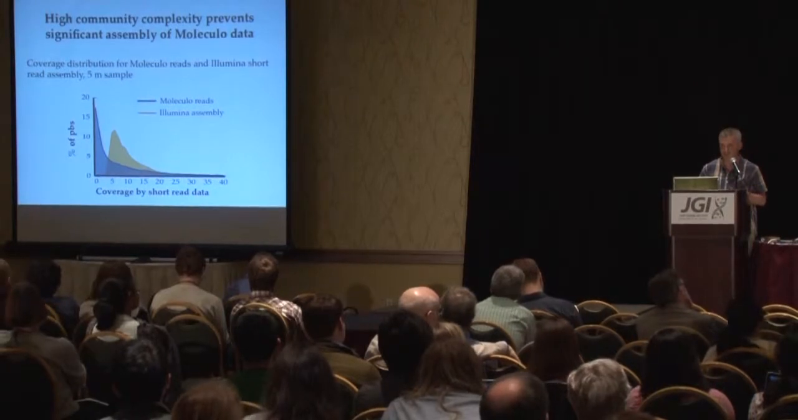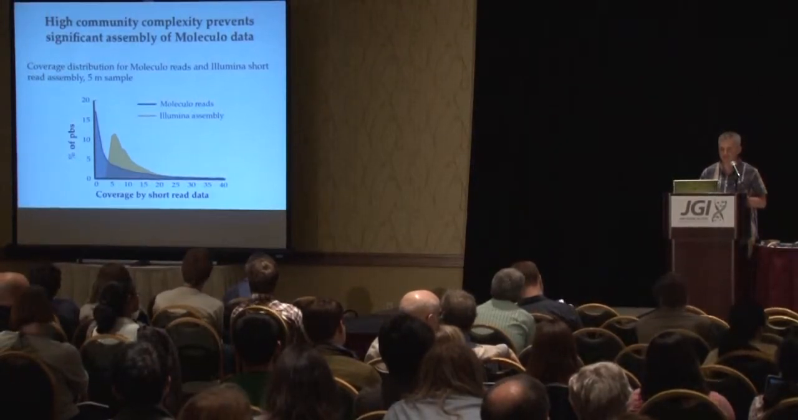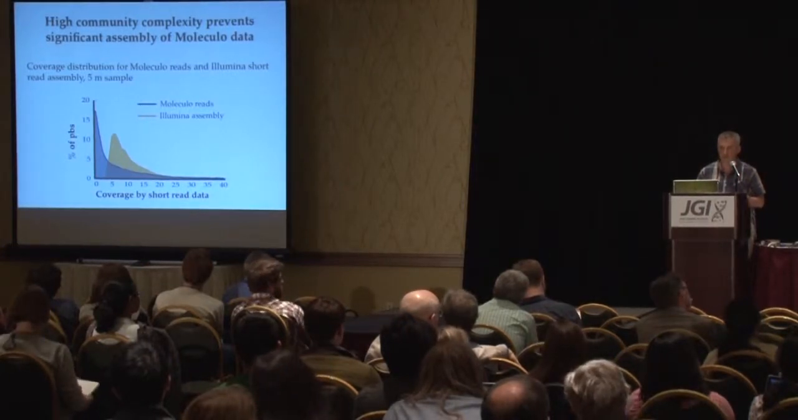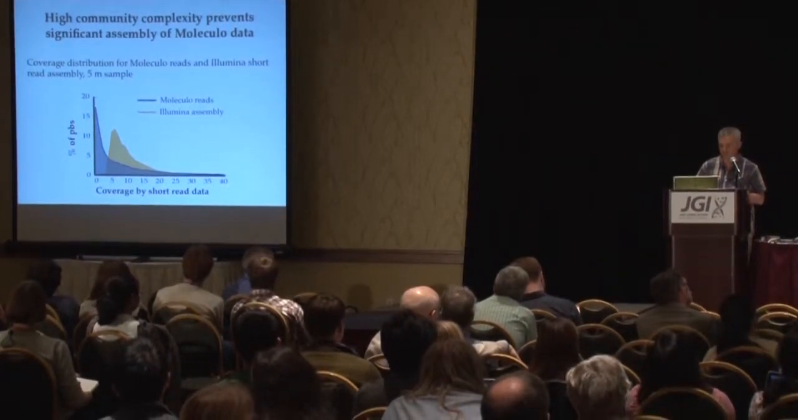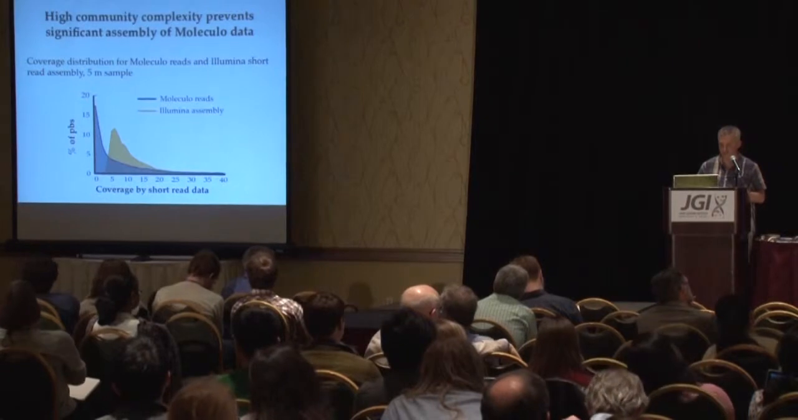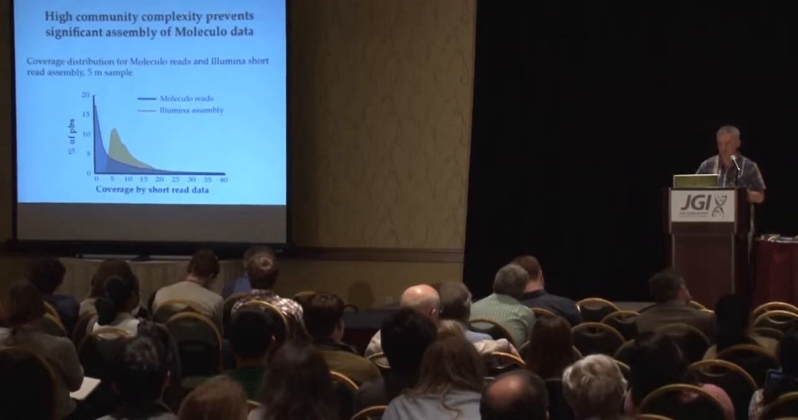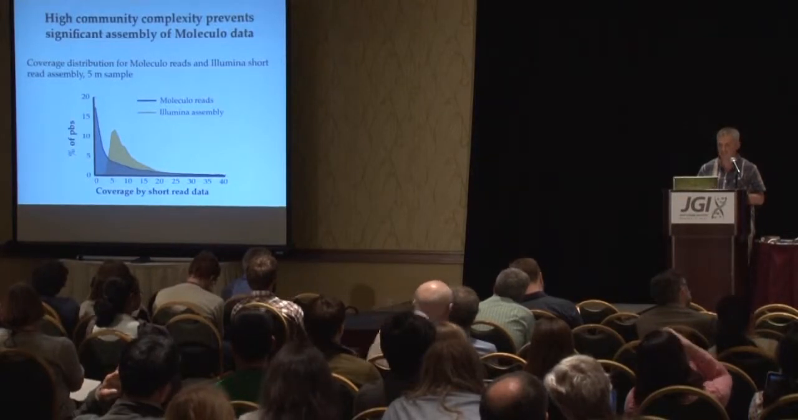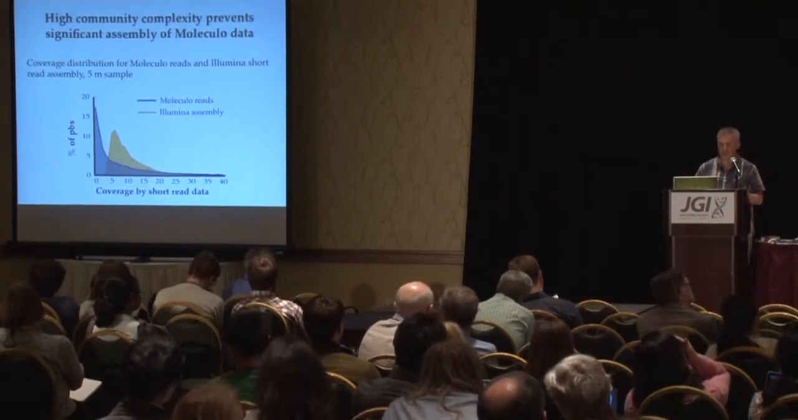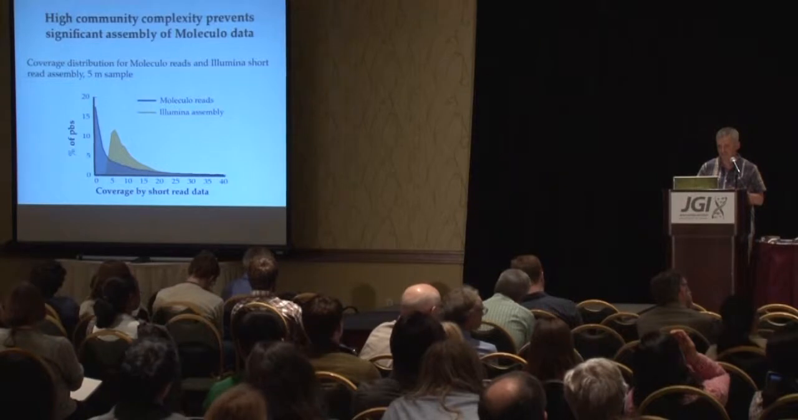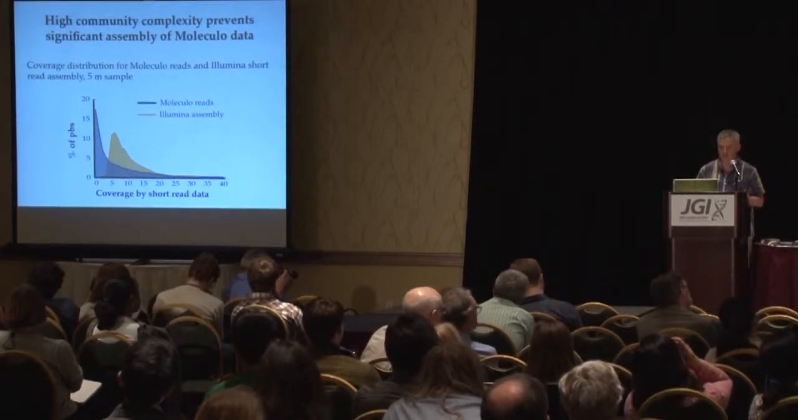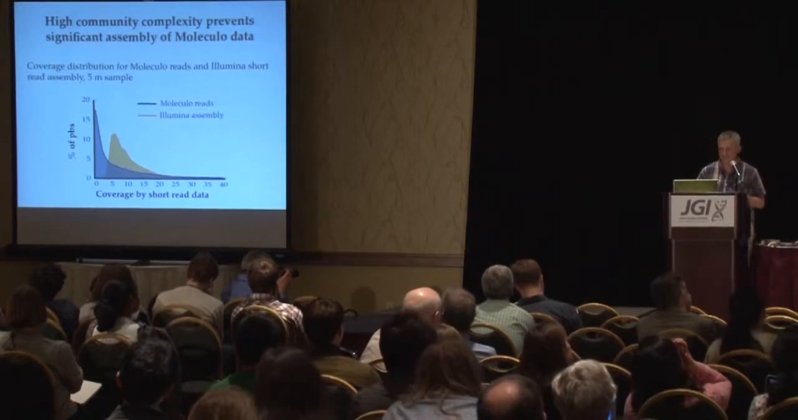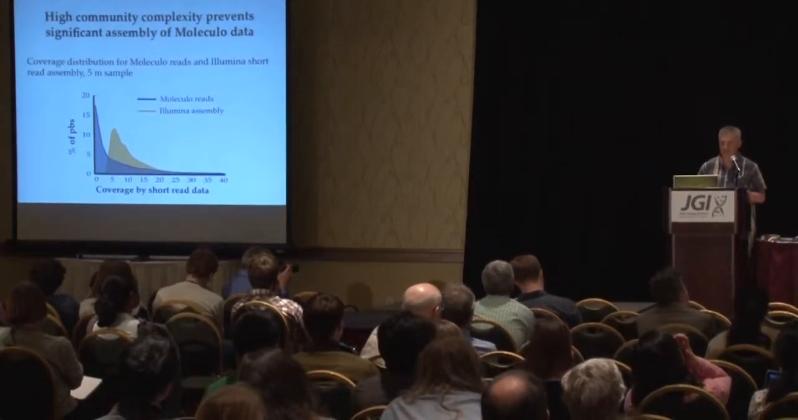But as it turned out, this was not the case, and the reason was that the community was much more complex than we expected. If you look at this figure, for example, you can see the coverage. We calculated the coverage by mapping the short reads to the molecular data and the Illumina assemblies. As you can see, the majority of the molecular reads, this is for the 5-meter sample, the majority of molecular reads have 0 or 1x coverage, which means that they basically come from the long tail of rare genomes